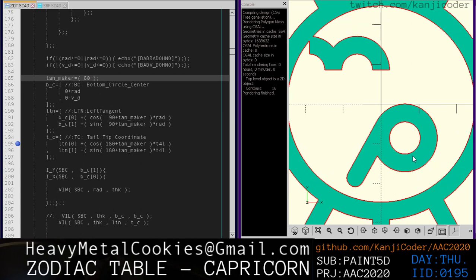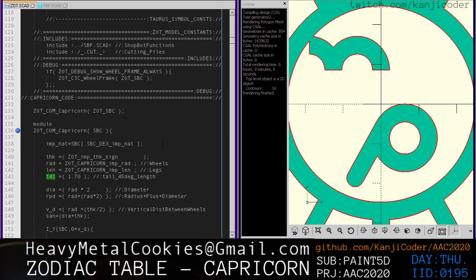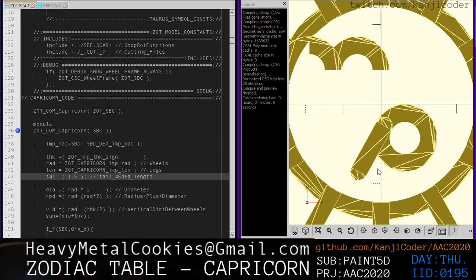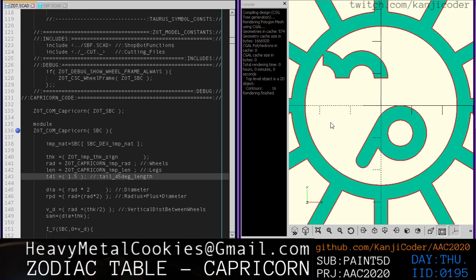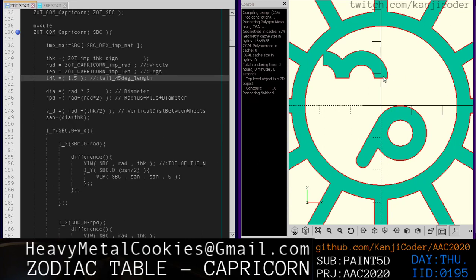Just so that we can make this kind of more interesting, I guess. So this is still a little bit too much of a tail, I think. So let's go back to this tail stuff here, and this 1.7, let's make it a 1.5 again. And F4. We're going to put a little hook on it still. But that's good there. And we want to connect this dot here to this dot to this point right here,